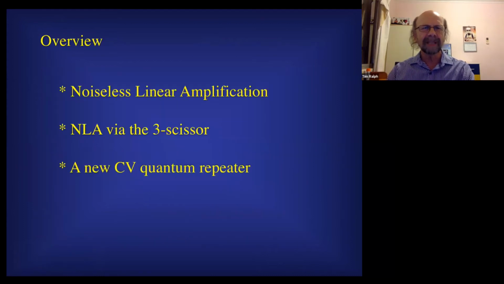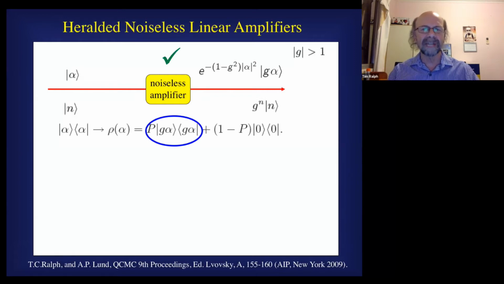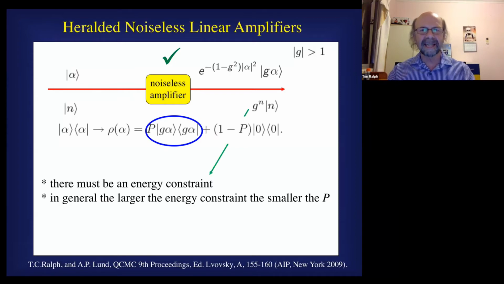So I'll start by reminding you about noiseless linear amplification, and then tell you about our new protocol, and then go on to talk about CV quantum repeaters. So noiseless linear amplifiers are able to amplify coherent states without amplifying their quantum noise. Deterministically, this would be impossible, but probabilistically, one can do it, and it's useful because you can herald the successful events. The best way to think about how these amplifiers work is in terms of their number state,